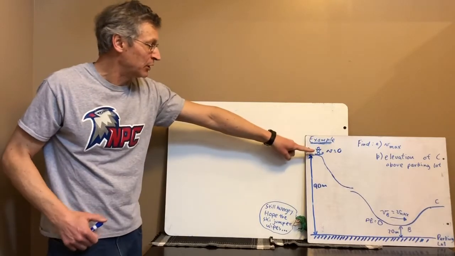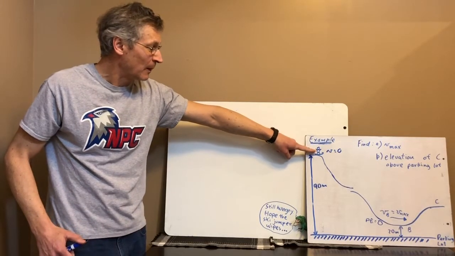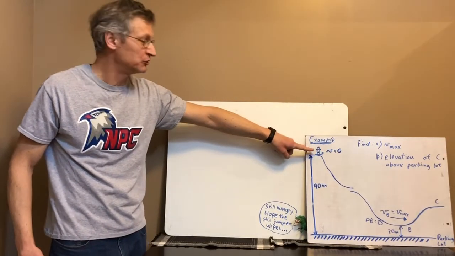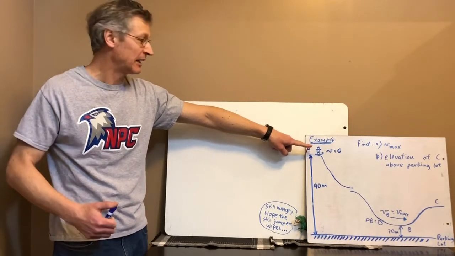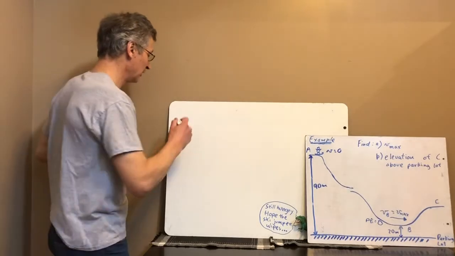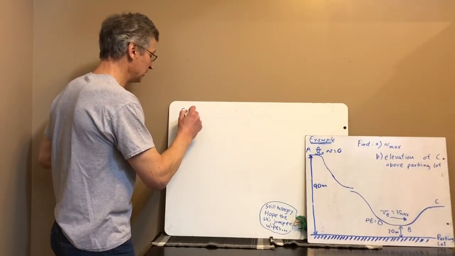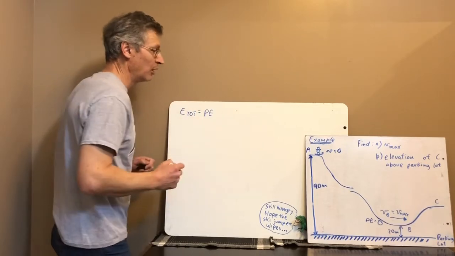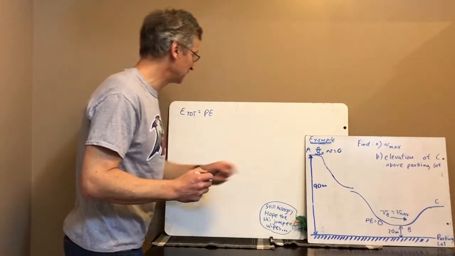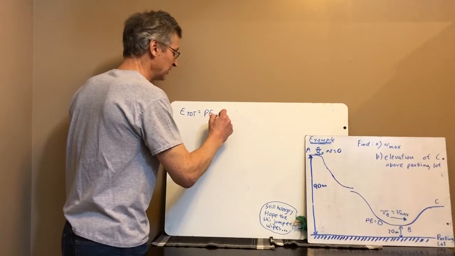Well, look up here. They're standing there completely still. Their velocity is equal to 0. They're getting ready to go. What kind of energy do they have? Well, they got no kinetic energy. So right at the top there, their total energy is going to equal their potential energy. And that's the highest they go. That's the maximum potential energy